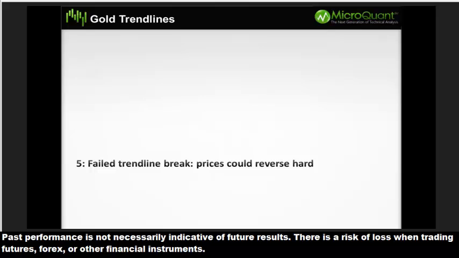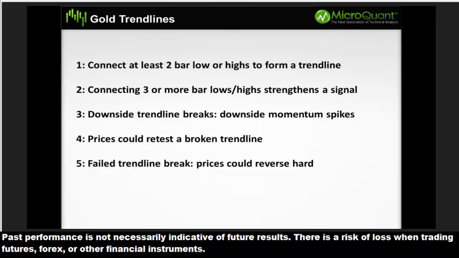All right, we're talking about trend lines here. I've seen and read about traders who have different ways of creating trend lines, and each of us has our own way of doing it. I'm going to show you some ways today, but in a very basic sense, we're looking to connect at least 2 low bars or at least 2 high points, daily lows or daily highs, or bar lows or bar highs, depending on whether we're looking at intraday or end of day charts. And if you get 3 or more lows or highs, that strengthens the signal, in my opinion.